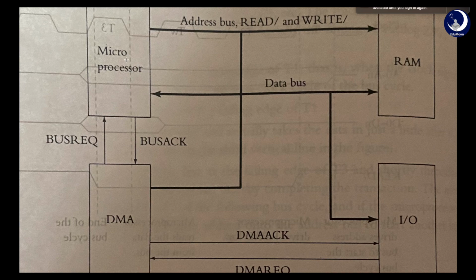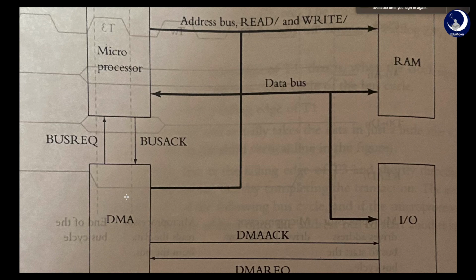When the microprocessor is ready to give up the bus, it stops executing instructions for the short period during which the DMA does its work. It asserts the bus acknowledge signal. When the microprocessor has asserted the bus acknowledge signal, the DMA circuitry places the address into which the data is to be written on the address bus.